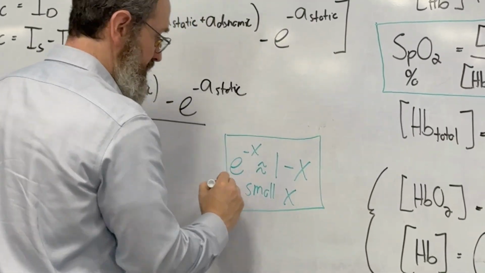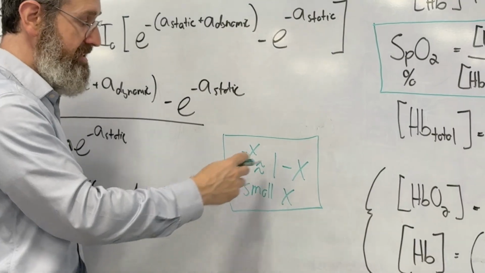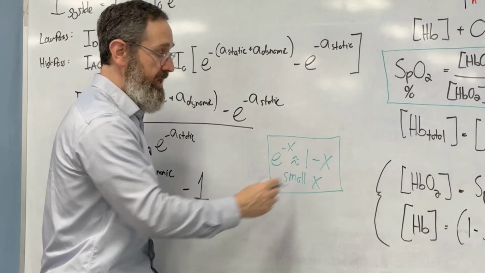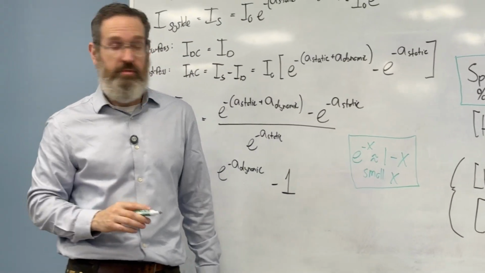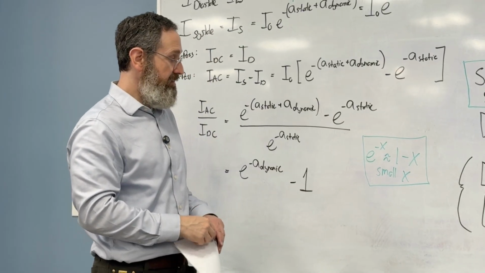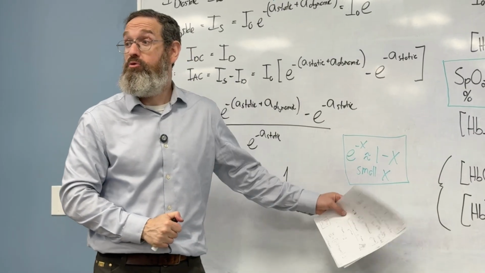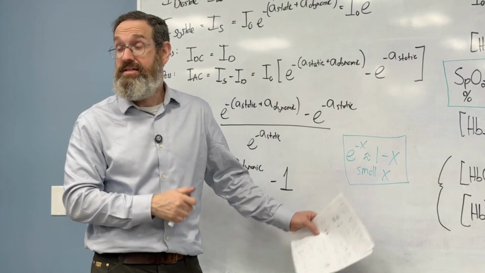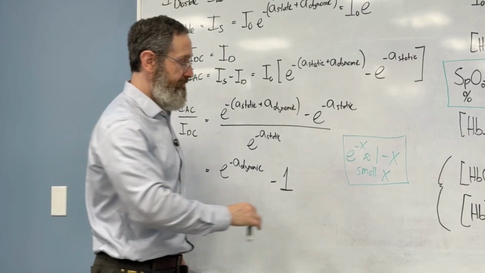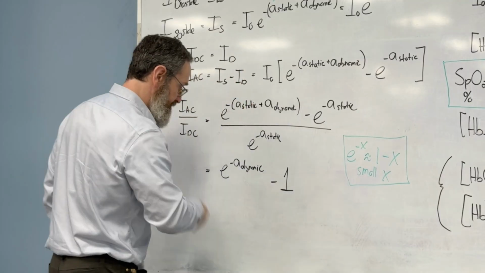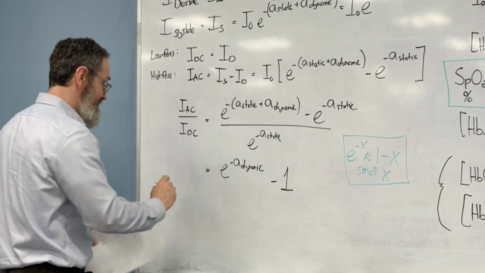All right? So e to the minus very small number is approximately equal to 1 minus a small number when x is small. And this seems a little bit out of the blue, but we're going to run with it because it serves a very important function. It is a simplification that happens. But what this allows me to say now is that